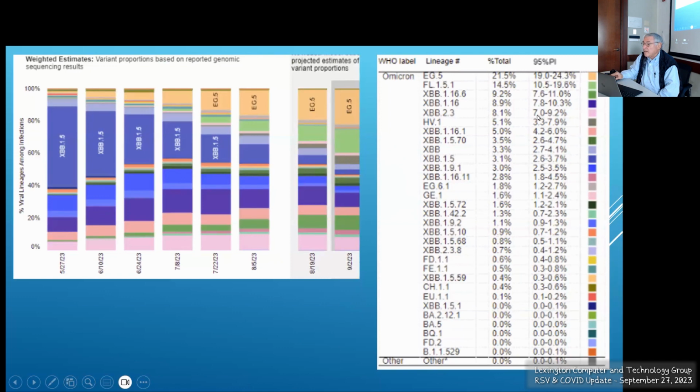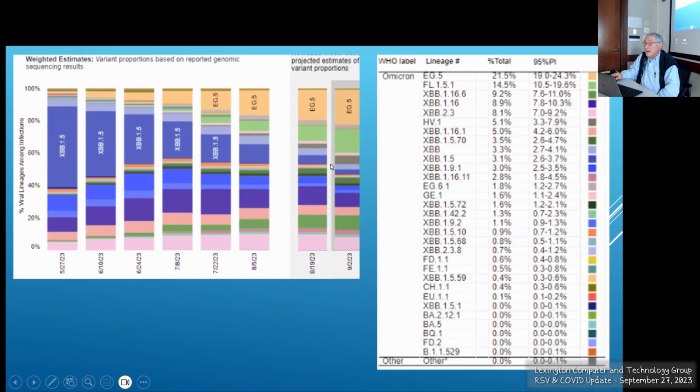Each one has a color assigned to it, and it has a prevalence rate in the population, I guess, toward the end here, where it's firm data, but maybe it's over here. So if we looked at XBB15, here's XBB15, and it's decreasing, decreasing, decreasing. And here's EG5, increasing, increasing, increasing. This other green, which I don't think has a name, FL151, is increasing. That's what's coming around on this graphic,